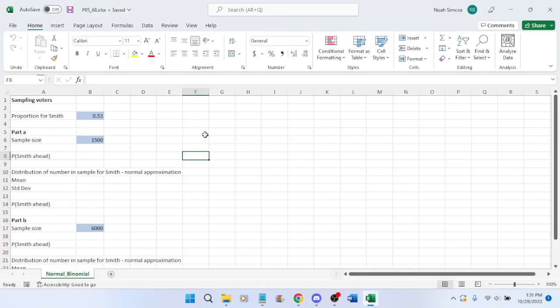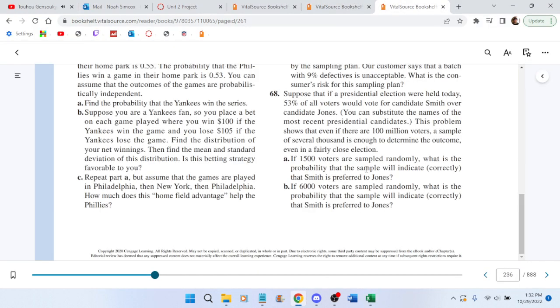What's the probability that we're going to get at least 50% of this? That was funny. So this equals 0.5 times this. If Smith wins, if Smith wins,